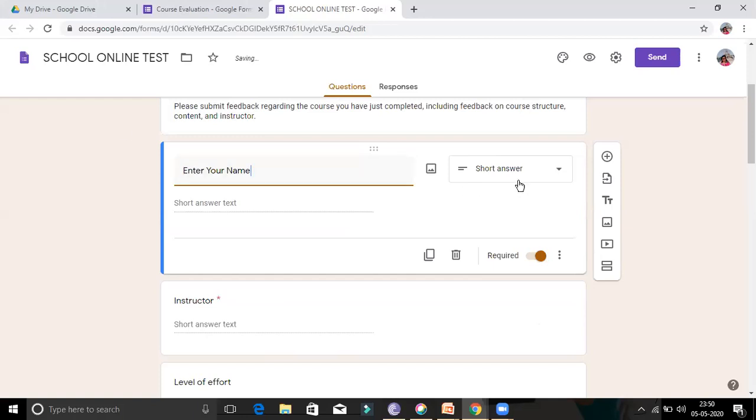This text is for a short answer. The students are supposed to write their name. So here you have to make it required. Student must input their name, so that should be on, just like a setting on your mobile phone. Slightly move it to the right. So it must be on.